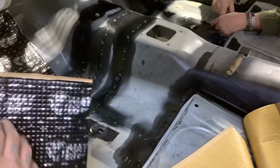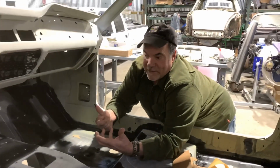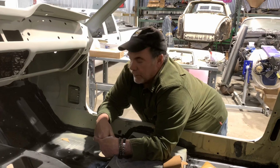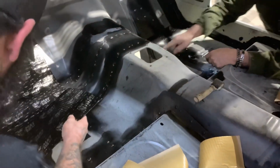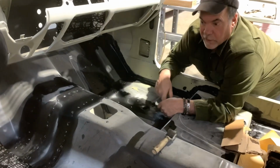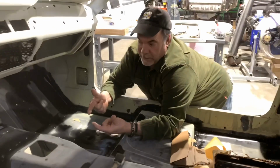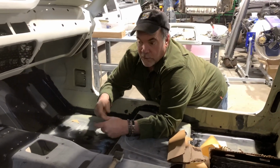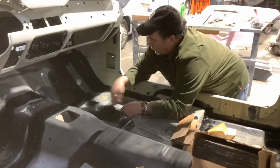But anywhere that it was welded, I like to use a POR 15, which is a kind of an epoxy, but it stops rust, any kind of thing. And where we've done all our spot welds, putting in all the floor braces and whatnot, they're going to rust. It's bare metal, so you got to make sure you clean that all up and go from there. So let's get some